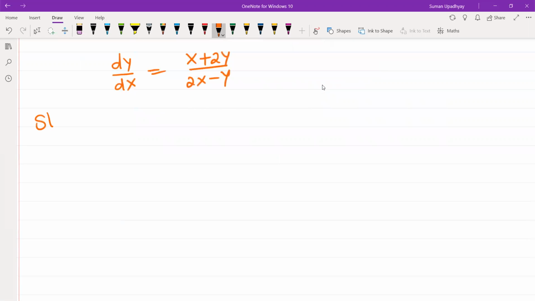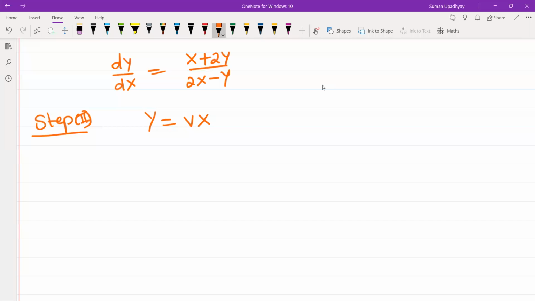Now we'll follow step 2. So in the first step we converted non-homogeneous into homogeneous. Now in step 2, what do I have to do? Now I have to convert my homogeneous into variable separable form. So in variable separable form, I'm going to take the substitution Y equals VX. So Y equals V capital X.